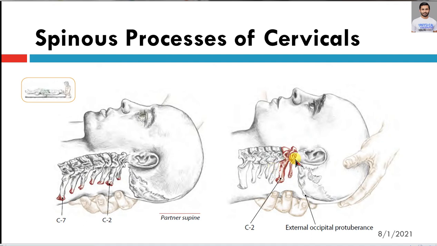So the transverse processes lie superficial to the facets. Below, or deep to, the transverse processes, you will find the facets. And on the transverse processes of the cervical vertebrae is a foramen that you can clearly see over here. This is called the foramen transversarium, and the vertebral artery passes through these foramens.